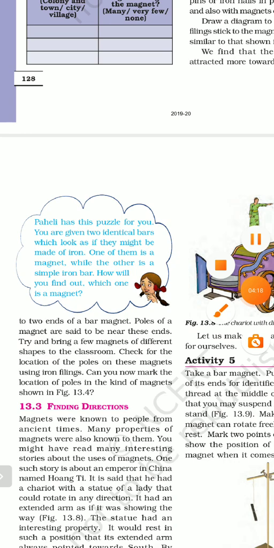Try and bring a few magnets of different shapes to the classroom. Check the location of the poles of the magnets using iron filings. Now 13.3, finding directions. Magnets were known to people